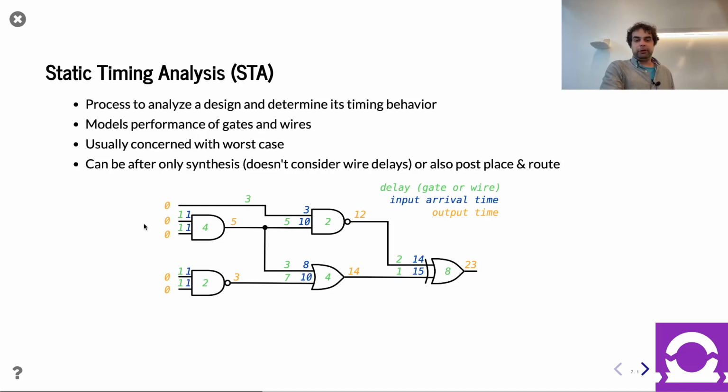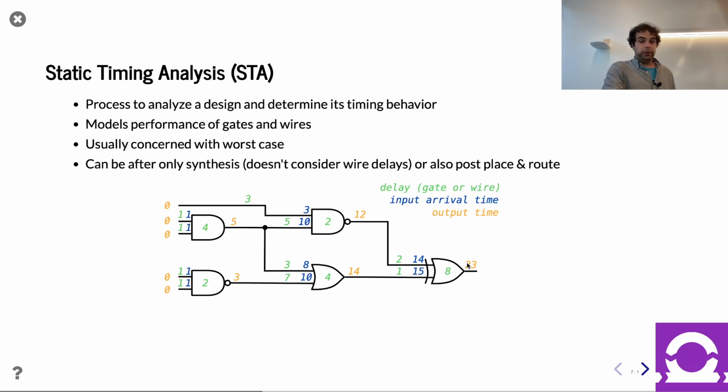So you kind of see we propagate through this, right? We have this forward pass, we're propagating these times through. In this case, for example, we have 2 inputs arriving at different times. Assuming the worst case, we're going to take the latest of the inputs, right? This one arrives later because it takes this longer path going through this gate and this long wire, versus this other one just came through a long wire to start with. So then we're going to start from here. Okay, it takes 10 time units to get here, and then 2 time units to get through this gate. You see, eventually we get to the other end where we get the final answer after 23 time units,